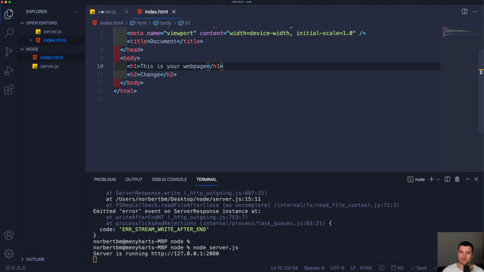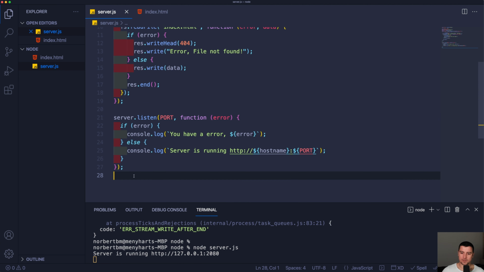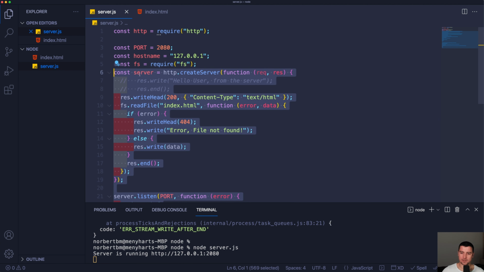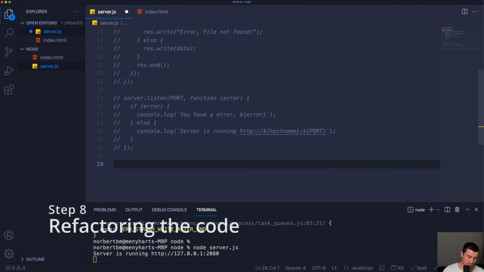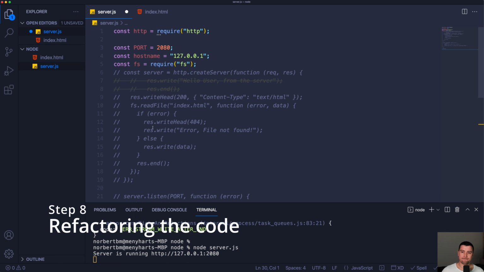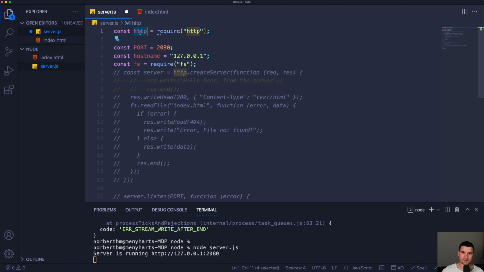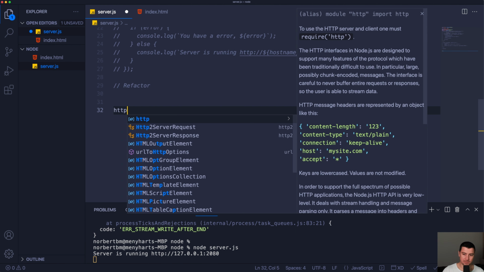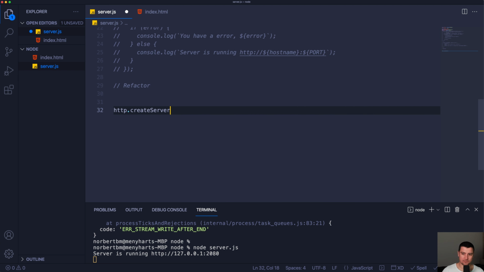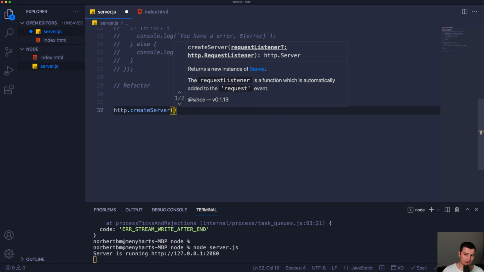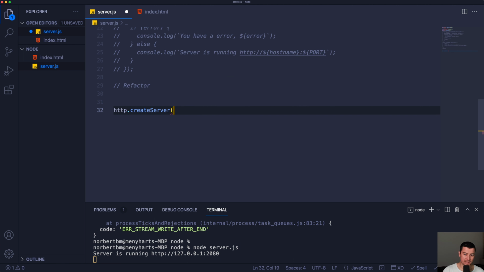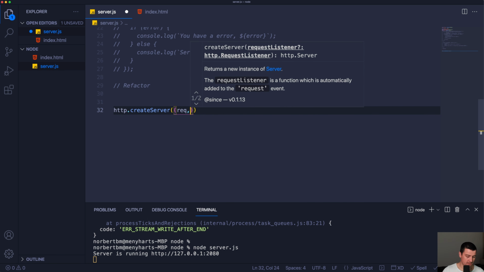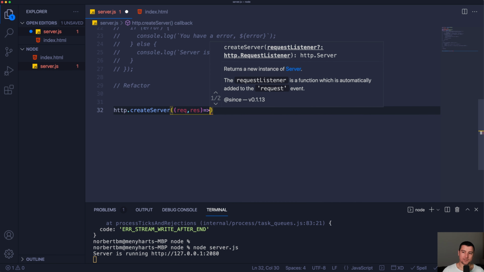Okay, now let's simplify this code a bit. I'm actually going to comment out everything until the const server. And let's type in here a comment of refactor. So we have our HTTP constant up here. Let's take this HTTP, and say .createServer. Now let's use a callback function, but this time I'm going to use an arrow function. So I'm going to go in here, use an arrow function, and it's going to take in the request and the response. Now because it's only going to take in one single line of response,